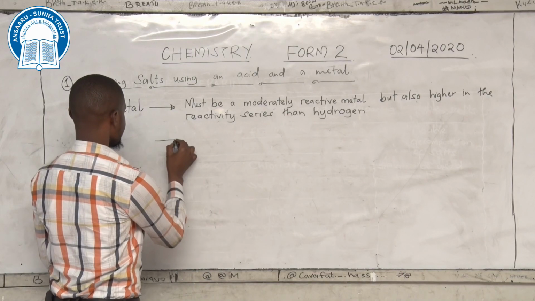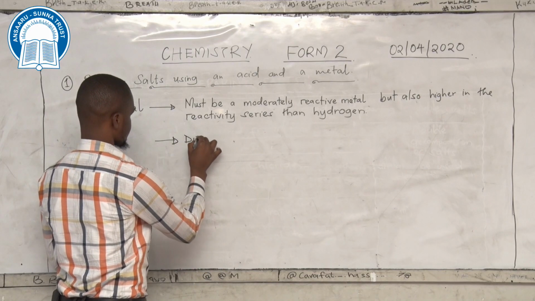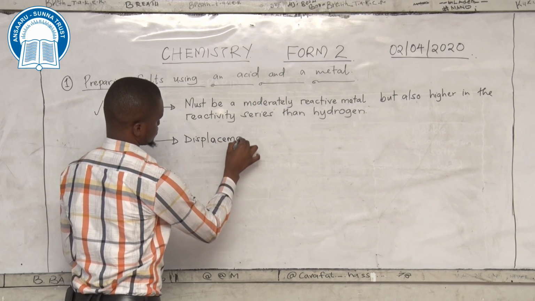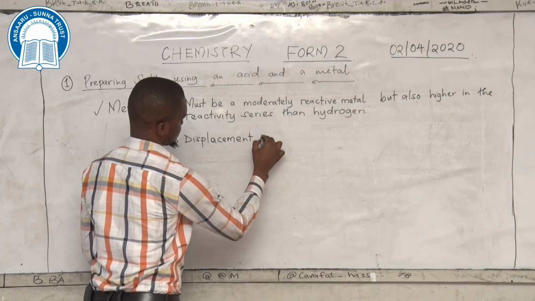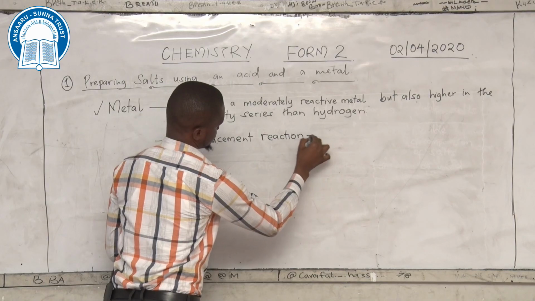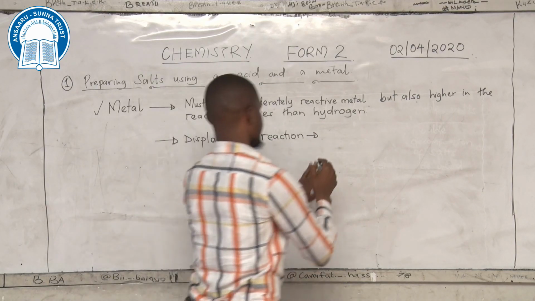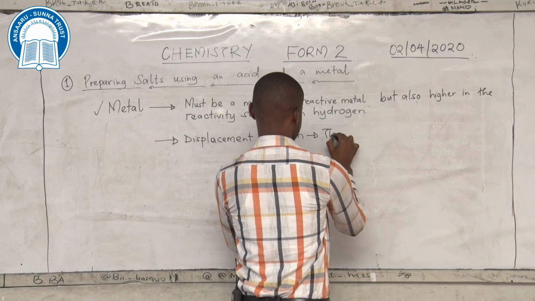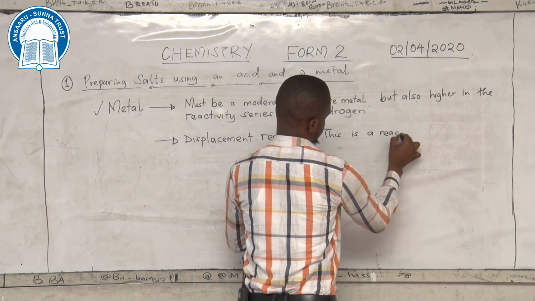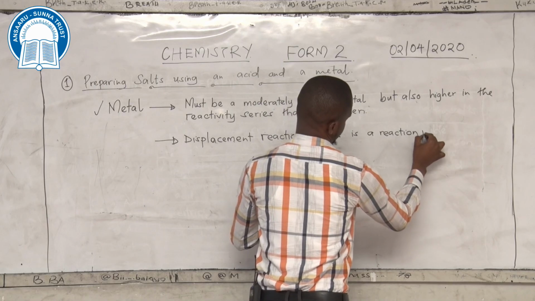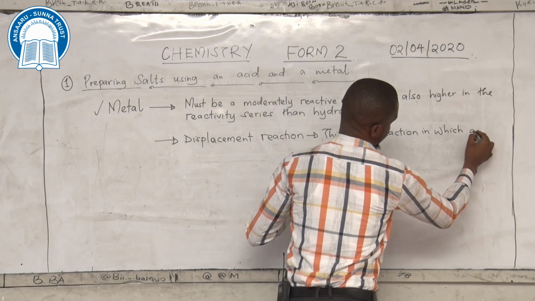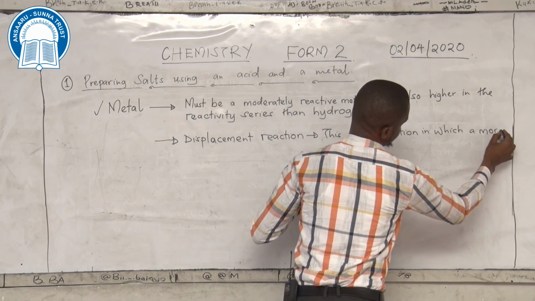And we always say that a displacement reaction is a reaction in which a more reactive element